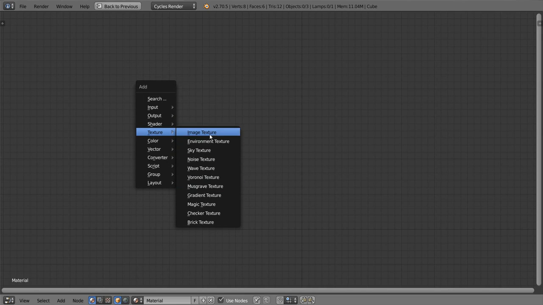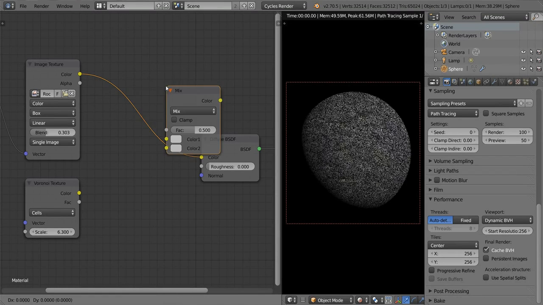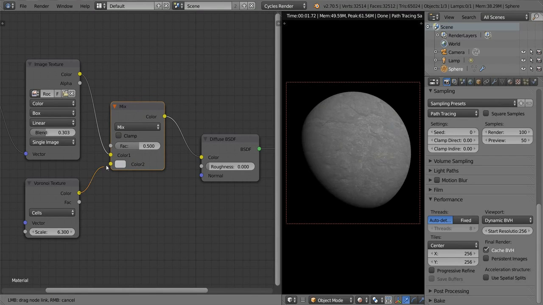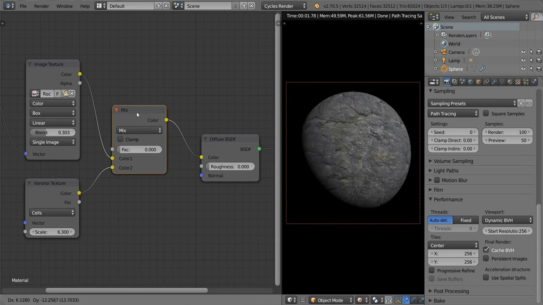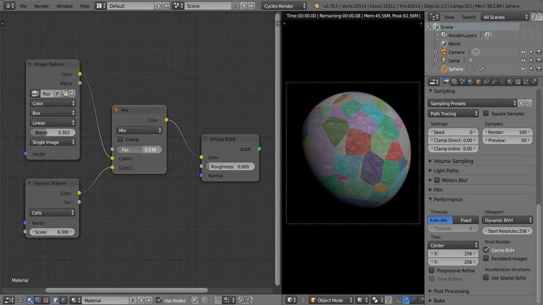We've got image textures, Musgrave, Voronoi, and Noise, which is the same as a cloud texture in Blender Internal. To mix two textures together, we just need to add a Mix RGB node. Notice that this isn't the same as a Mix shader, we're just mixing color values here, not actual shaders. However, it works the same way. We have a fac value that controls the ratio between two inputs. On 0 we don't have any of the bottom input, but as we increase the fac we get more and more of that bottom input until we reach 1, where we can only see the bottom input